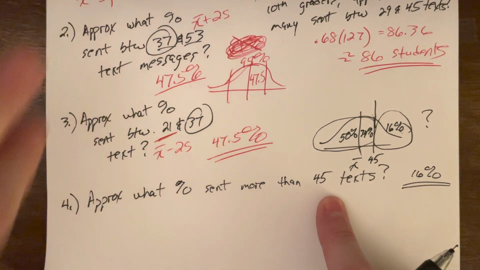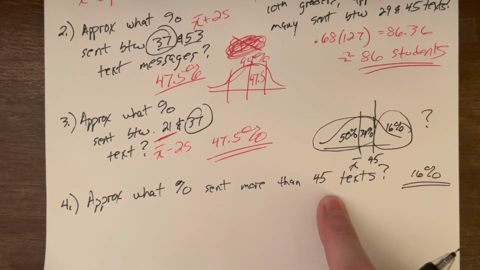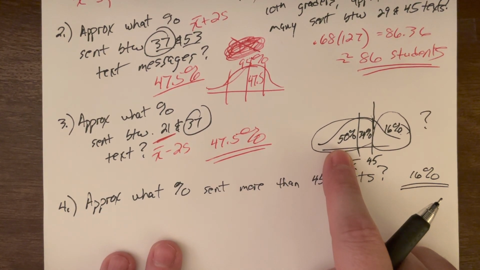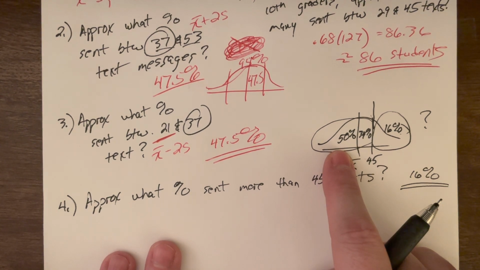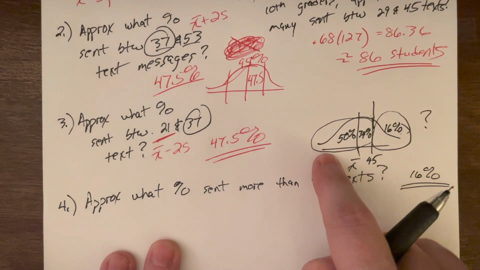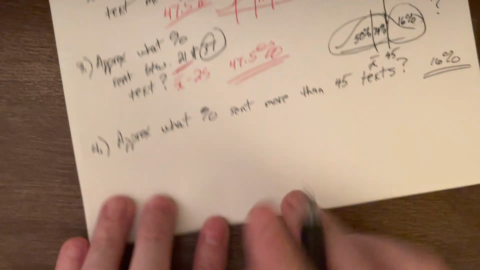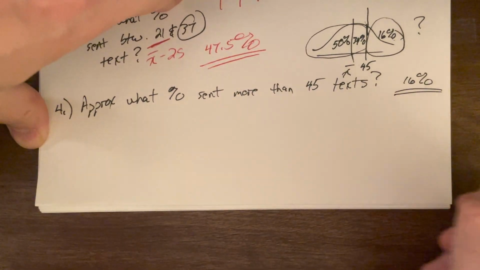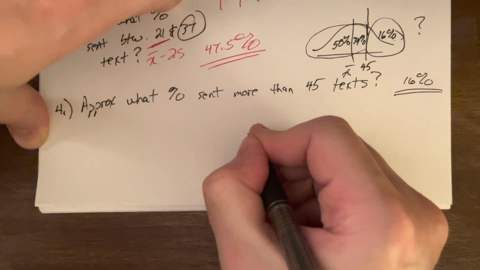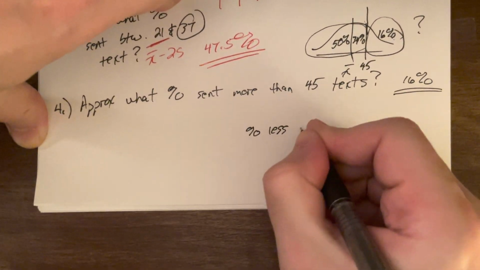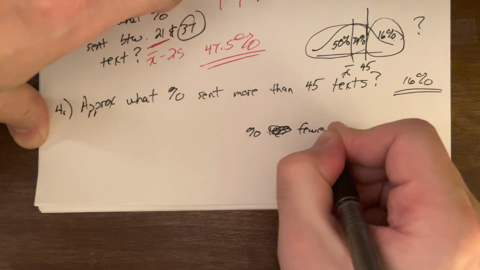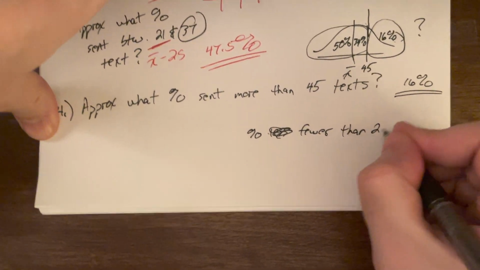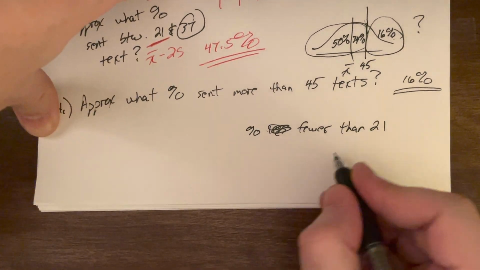I think this last one is definitely the hardest. And I could easily do this with a less than. If I said what percentage sent less than 29 text messages, it would be the same thing, but over on this side. We did the problem, and I'll give you a whole fresh example in just a moment, but if we did percent less, fewer, then let's even do 21 to get into the second example.